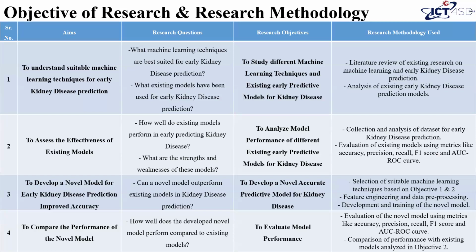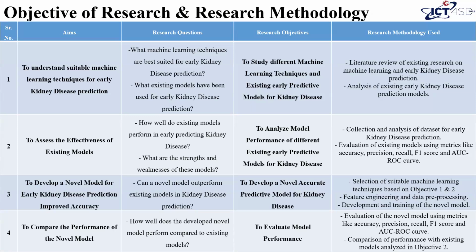These are the objectives of the research and the research methodology. Aim, first: to understand suitable machine learning techniques for early kidney disease prediction. Research question: what machine learning techniques are best suited for early kidney disease prediction? What existing models have been used for early kidney disease prediction? Research objective: to study different machine learning techniques and existing early predictive models for kidney disease. Research methodology: literature review of existing research on machine learning and early kidney disease prediction, and analysis of existing early